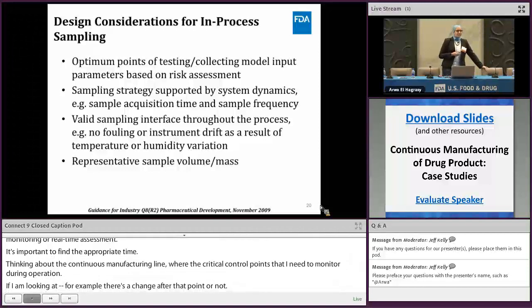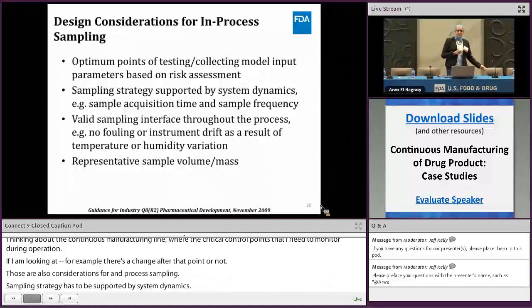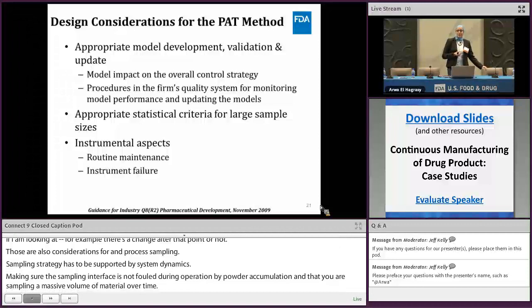Sampling strategy has to be supported by system dynamics, and then making sure that the sampling interface is not fouled during operation by powder accumulation, for example, and that you are sampling a representative mass or volume of material over time. For the PAT method, if it's, for example, a spectroscopic method, appropriate model development and validation is expected. There is a guidance for